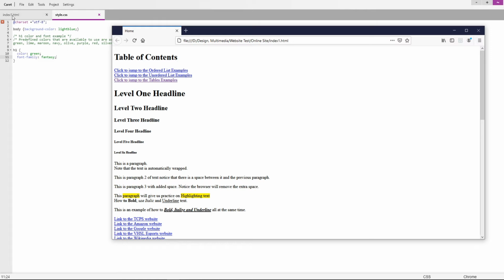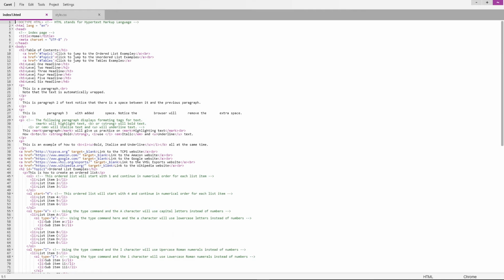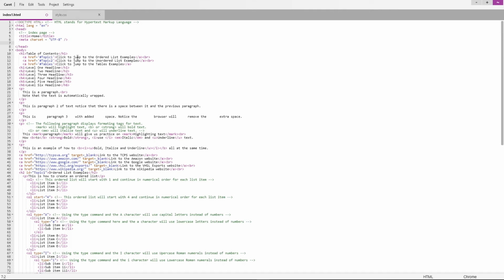So we're going to jump over here to your index file, and up here in our head tag. So we want to go up here to where you have your head. You got your meta characters here, so we're just going to click at the end of this one here, still inside of our head, and we're going to add a link rule, and this space, and then we're going to say rel, relative